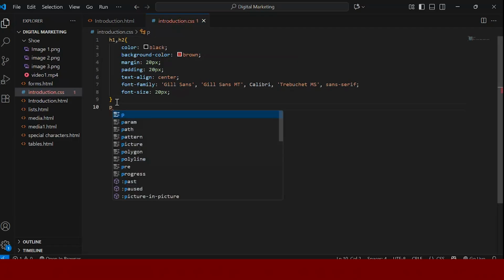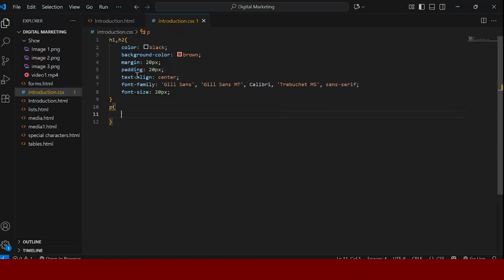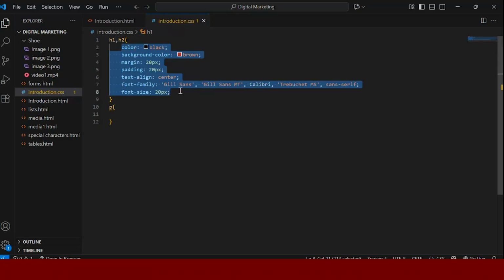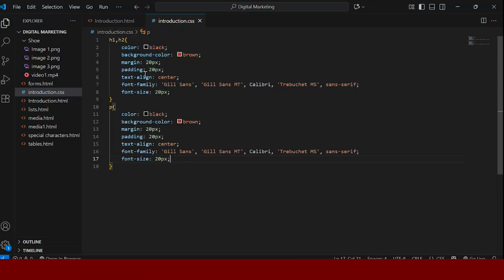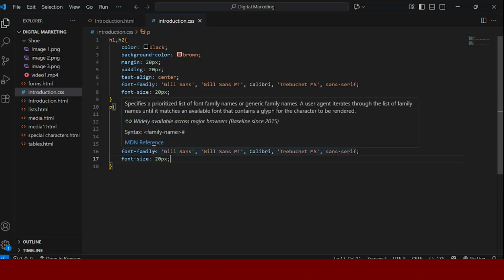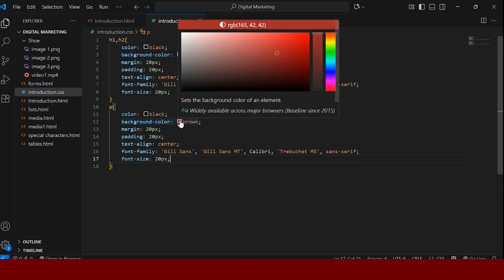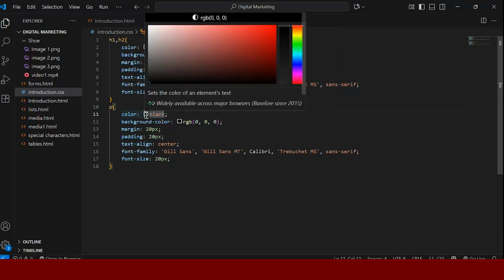And then we are going to add the paragraph. So it's going to activate the curly brackets and open it. The stylings for the paragraph will just be the same. The only thing we're going to change is the color and the background color. So we just copy these ones and paste them under paragraph. And now what we are going to change is the background color of the paragraph, which changes to black. Just use this one, you slide things around, then you click here, it's going to open here, you slide this one to white,